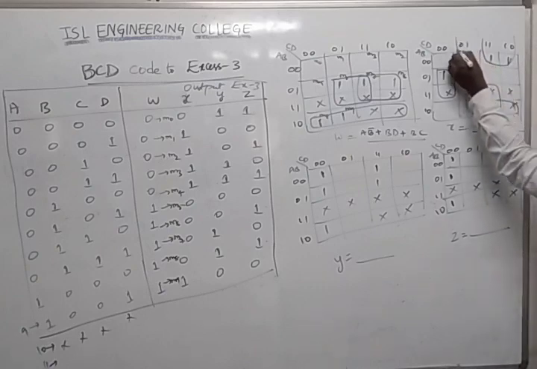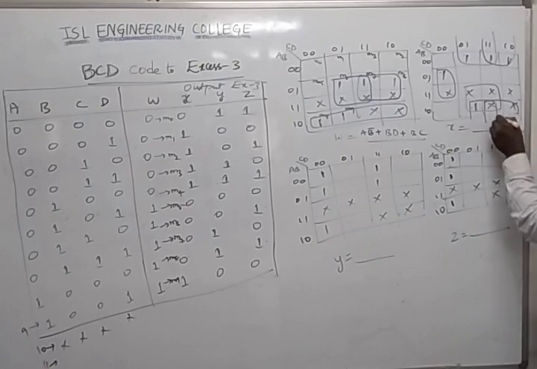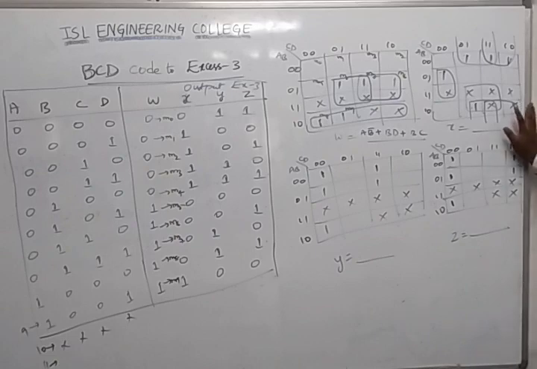Next thing, I can combine this with this, right? This with this thing. So carefully you have to do this, then only you will get the correct answer. So once again, see students what I did. I wanted these 2 ones. Here the don't care is there. So these 2 ones and the don't care.